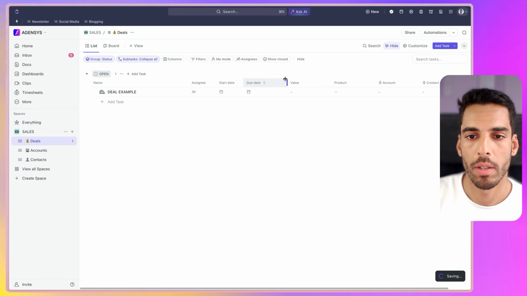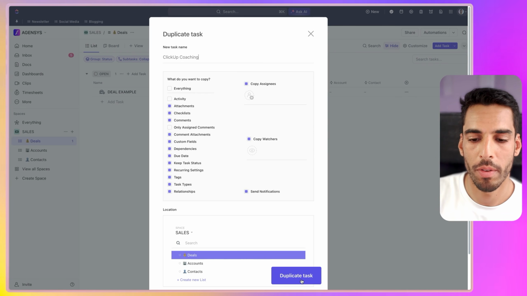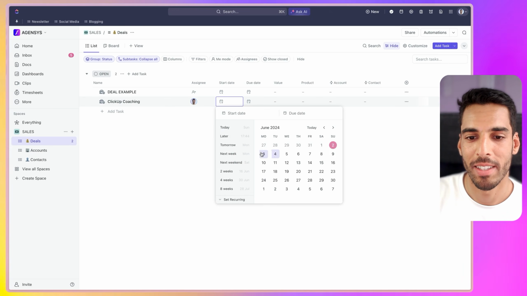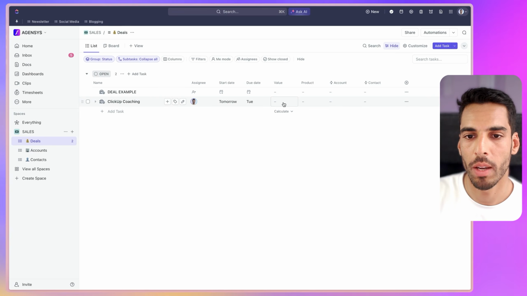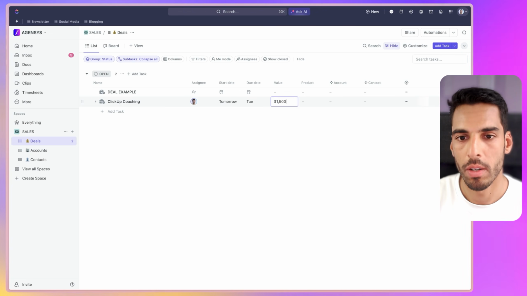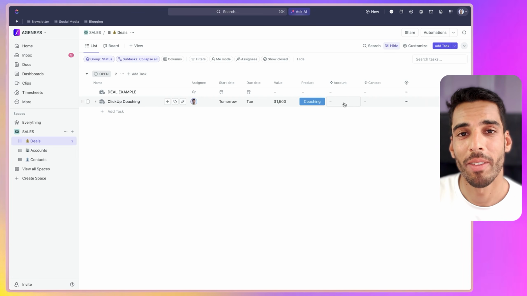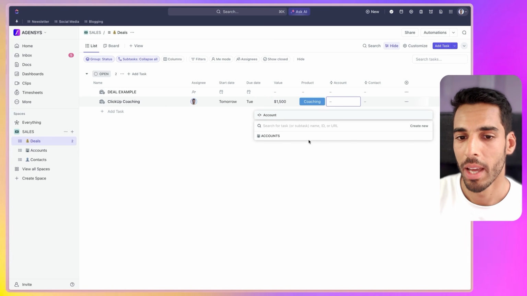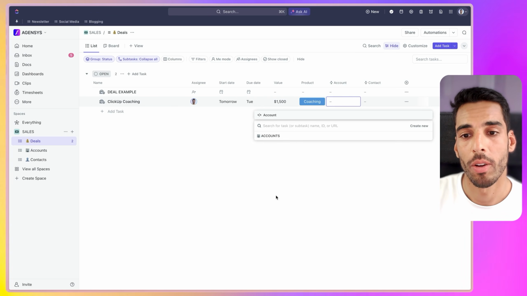So let's make these columns a little bit smaller, and let's create our first deal, which is a ClickUp coaching service. Let's say I am the sales manager of that deal, and it starts on Monday and probably finishes on Tuesday. It's a 2-day coaching, and let's say the value is $1,500, and I've only sold a coaching this time. Now I'm going to create the account of that deal, the client of that deal. So that client is going to be Apple, for example, and I'm going to create a new task called Apple